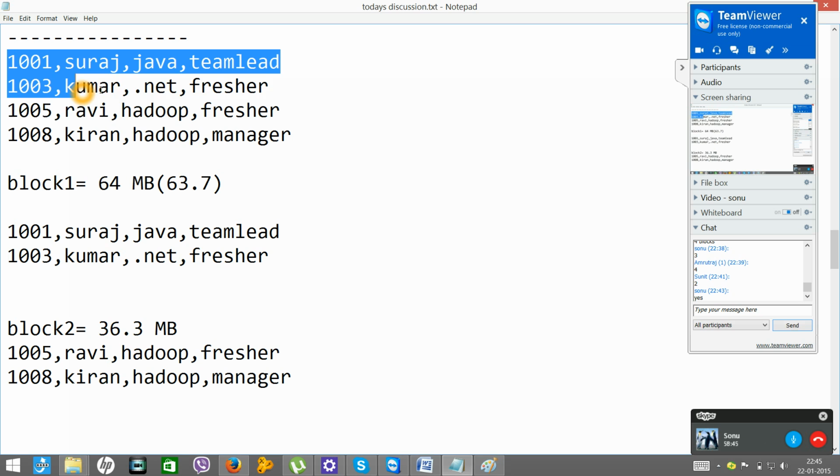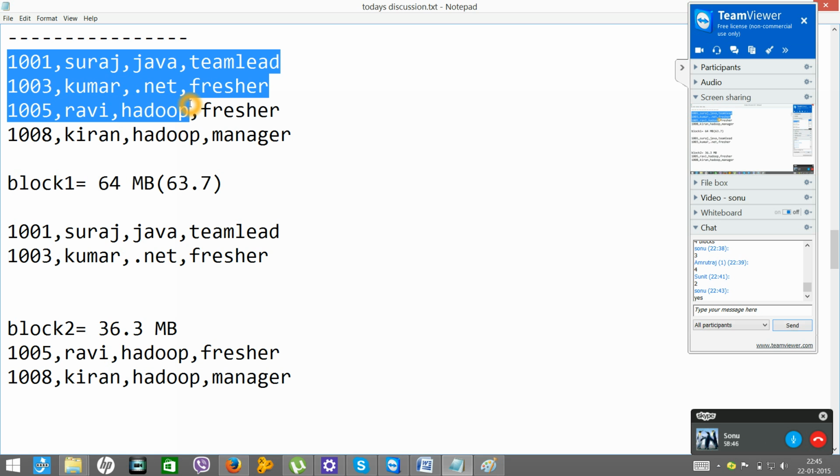If the total data from here to here comes to 64 MB, then it will not store 64 MB, it will store only till here. Or else, if from here to here it comes to 64 MB, then it will not store these two characters, it will just store a complete record. Always it will store a complete record,